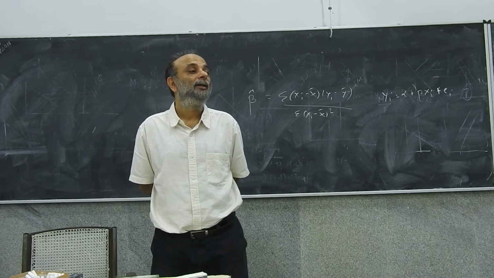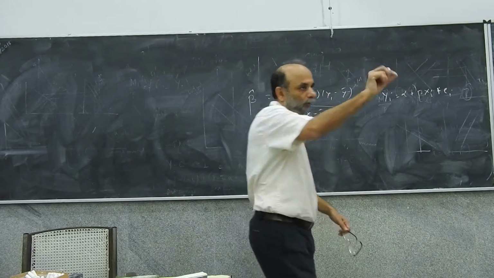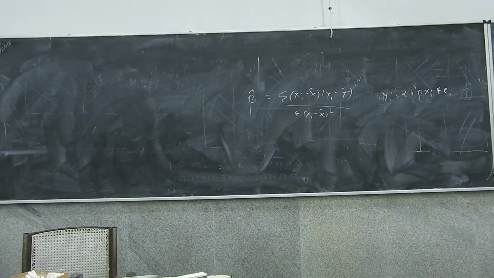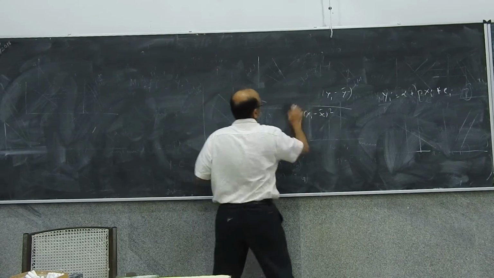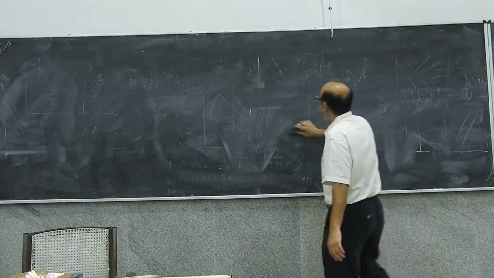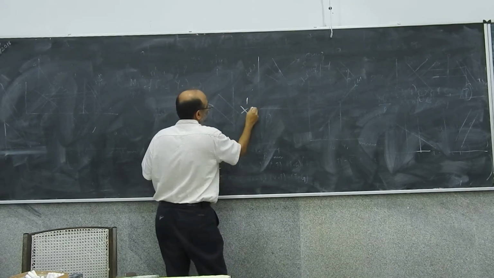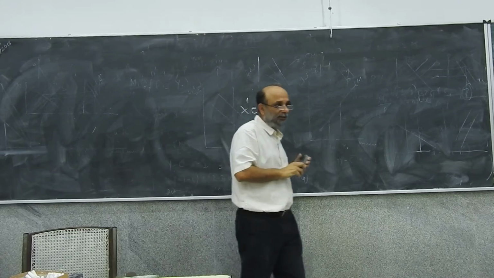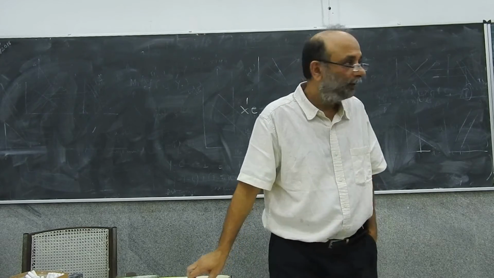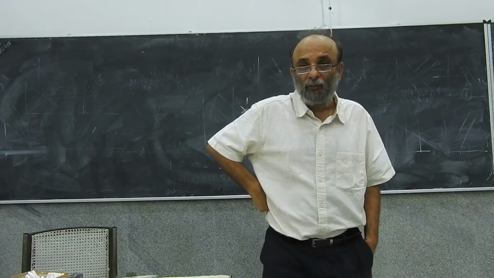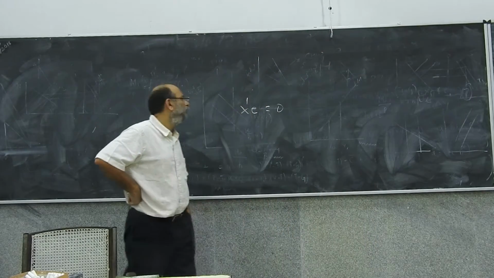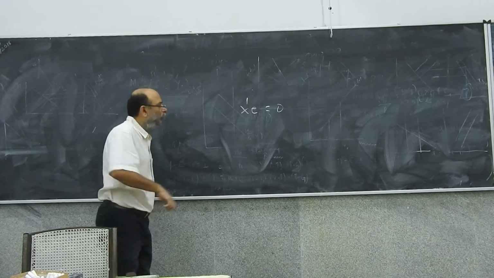The correlation with either of the explanatory variables has to be zero. So she says that correlation with x1 and x2 will have to be 0. Can you prove this? So suppose you have, you have to say x dash e is equal to 0. Yeah? What is x dash?